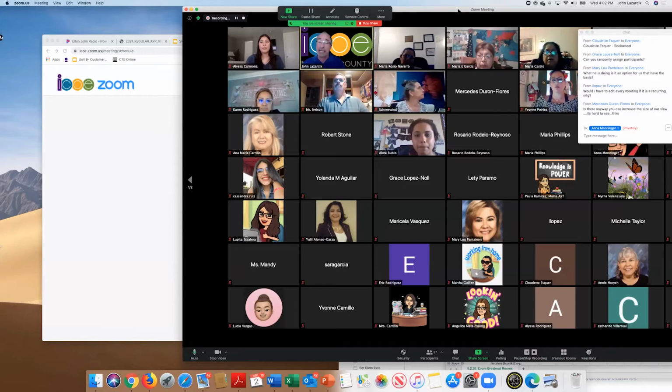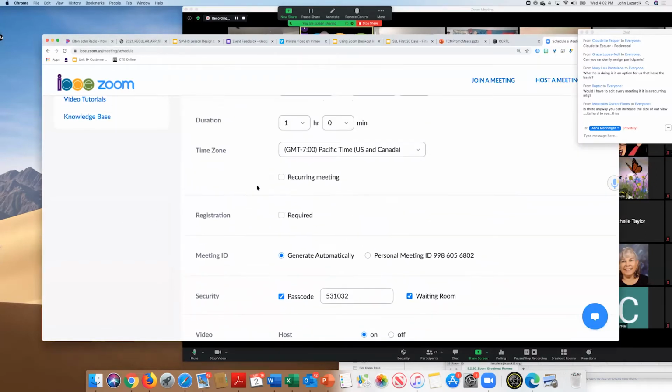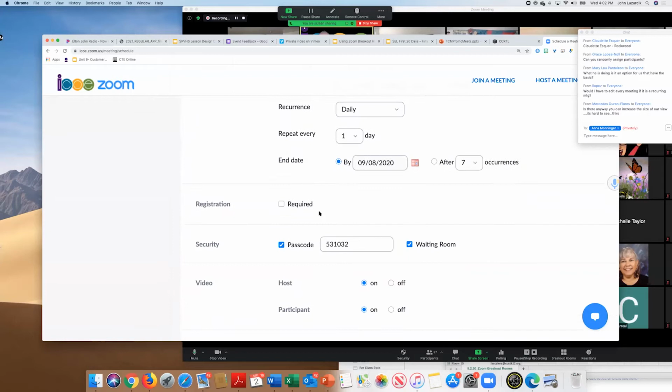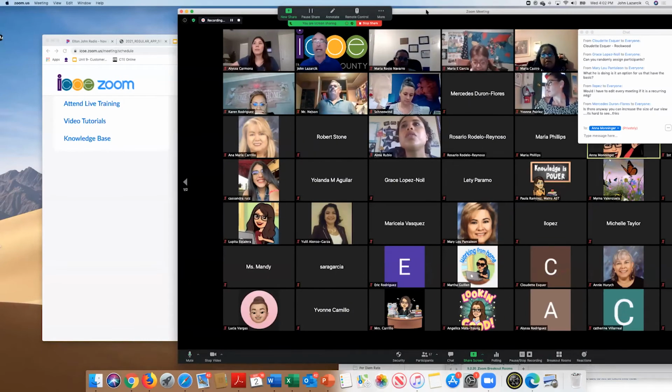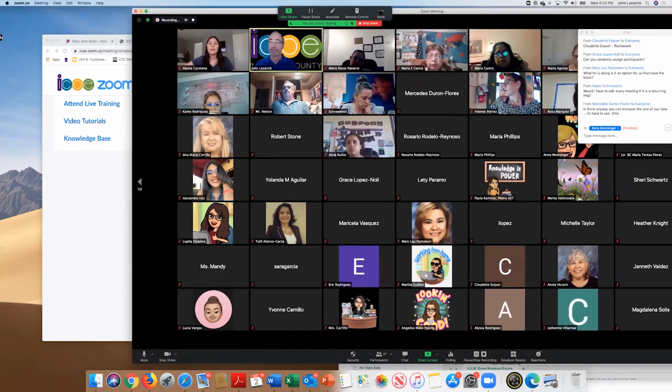But if you have a recurring meeting, if I click on recurring, then that passcode is going to be the same for all those meetings. So if I know I'm going to meet with my kids every day, same time, 5 days a week, it's going to be the same password, a recurring meeting, and that makes it real simple for the kids to log on. Thank you. You're welcome. Any other questions before we move on?